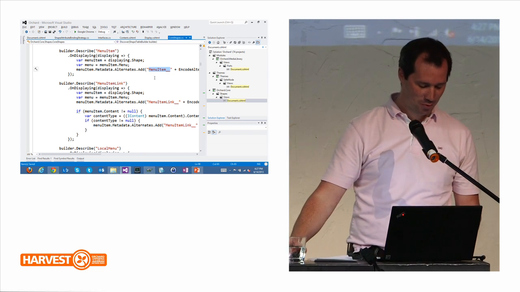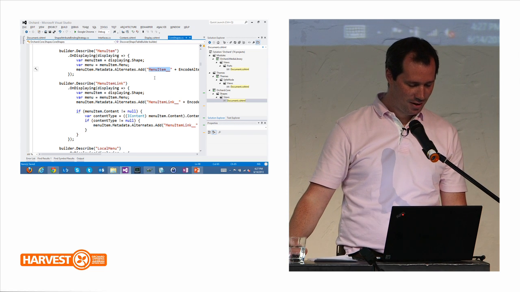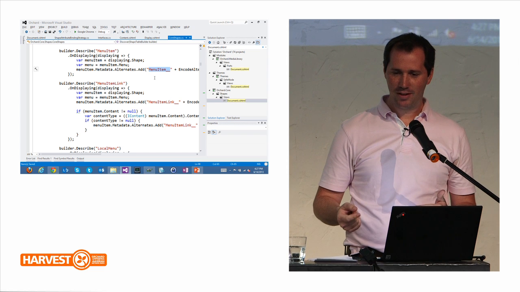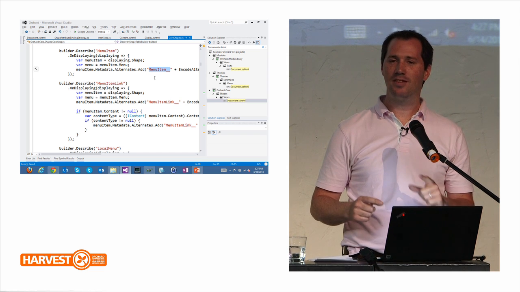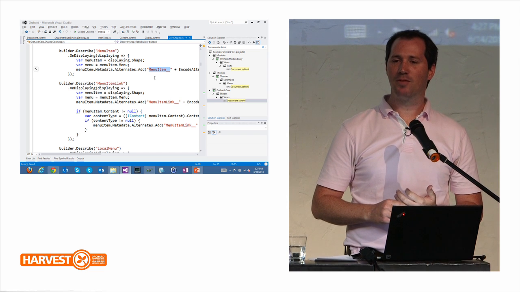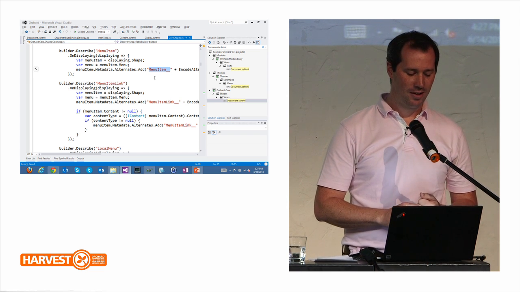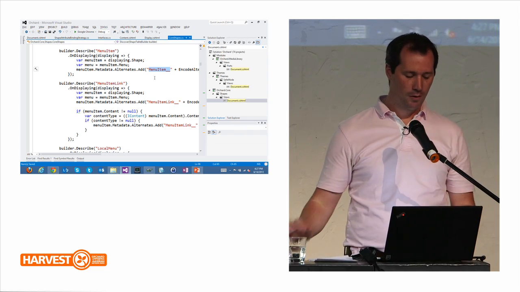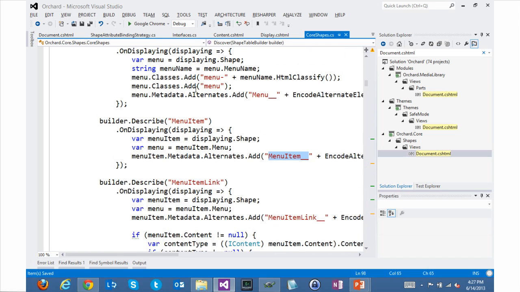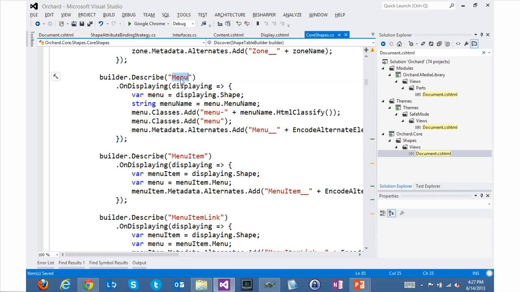Okay, let's try to find a definition for that. So it's a way to define specific templates, more specific templates than the main shape. For instance, the menu, when a menu shape is created, it will look for a menu.cshtml template or a menu